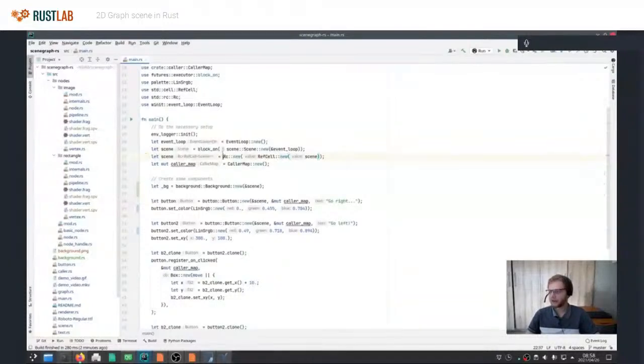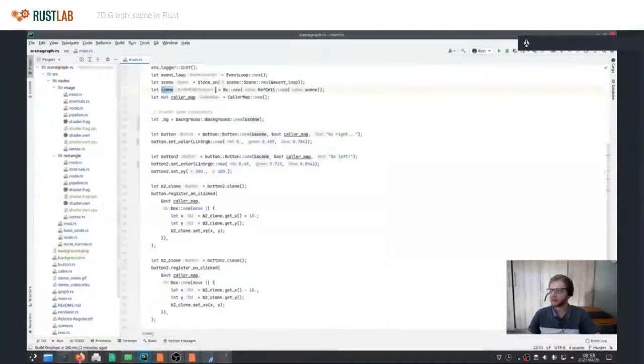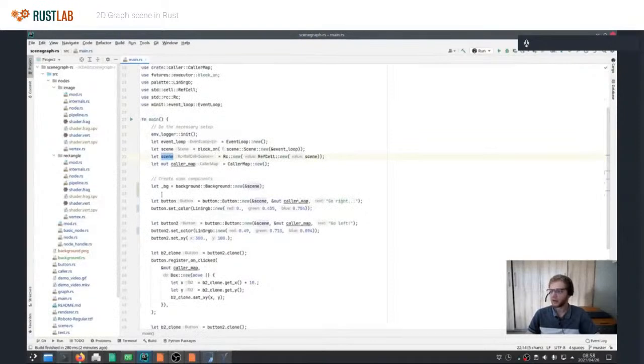Then I have to do this ugly thing where I wrap the scene inside an Rc and a RefCell, which is something you need to do in Rust at times, because I need to pass the scene into the event loop. I need to move it in there.